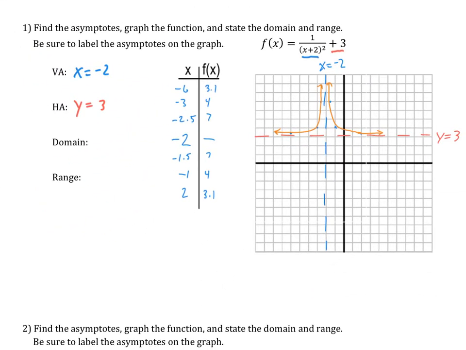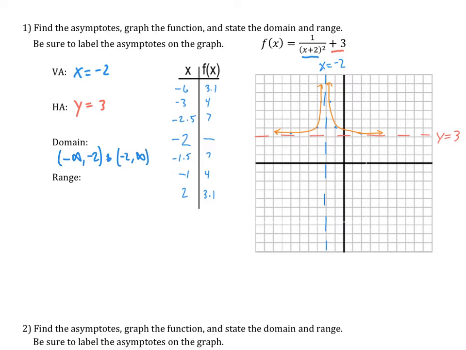Last thing I need to do here is talk about the domain and the range. Domain is your x values, so as I approach from the left-hand side here, I see that arrow pointing to the left, so I know that I'm going to start at -infinity. And it gets a parenthesis, like all infinities do. And then what value do we approach before there's a problem? The problem starts when we hit that asymptote, so that's where -2 is. So from -infinity to -2, we're all good. We can't reach -2 though, so we use a parenthesis. And then on the other side of -2, all the way to the right, which would be +infinity,